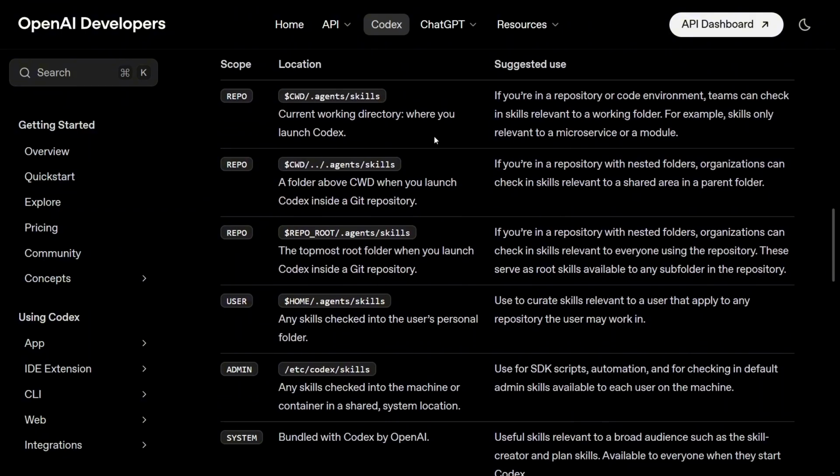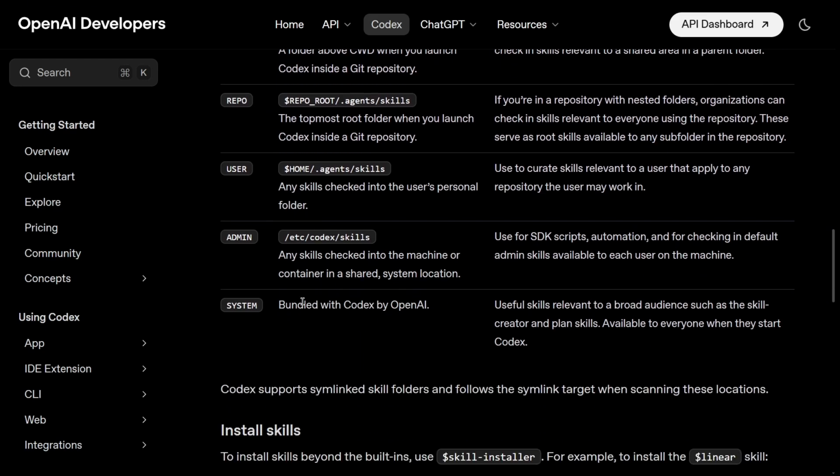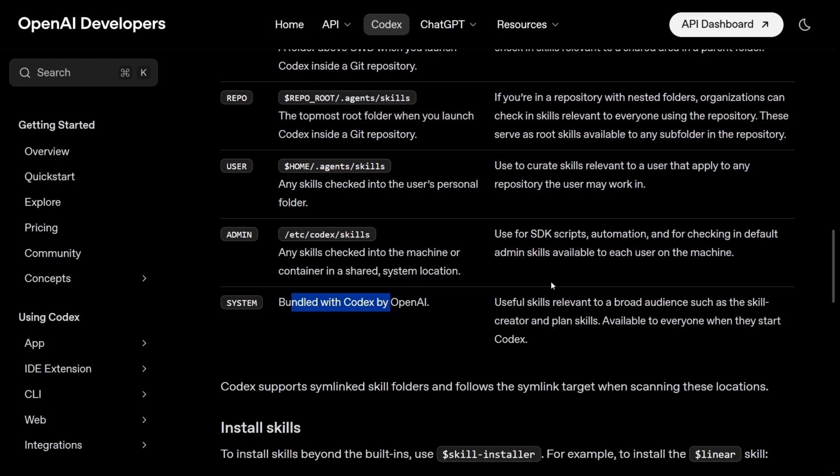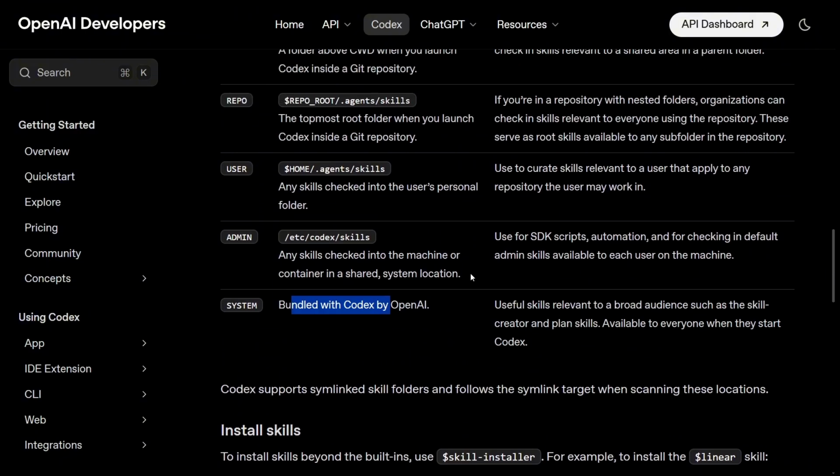If we are using a GitHub repository, it stores under agent skills, and for user and system level, they're bundled with Codex, by the way. So you can have project specific skills, personal skills, and team-wide skills.